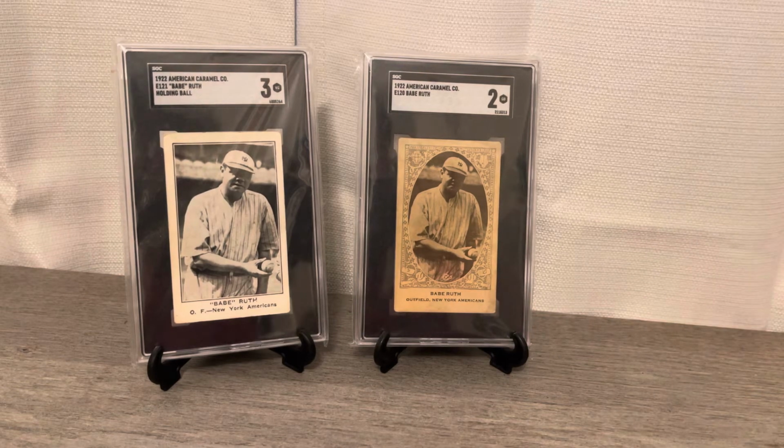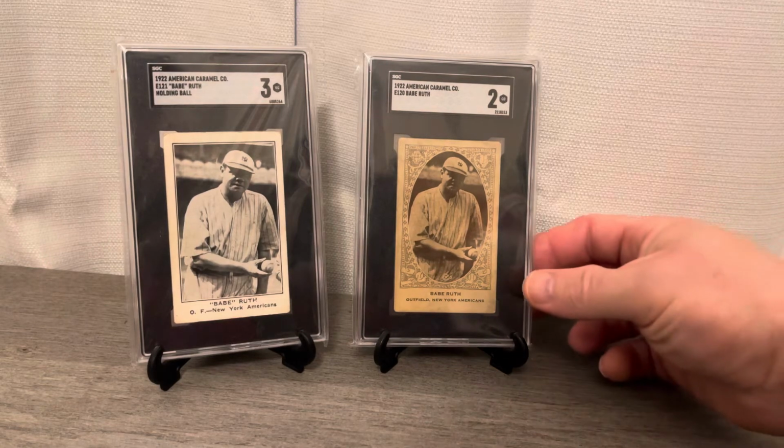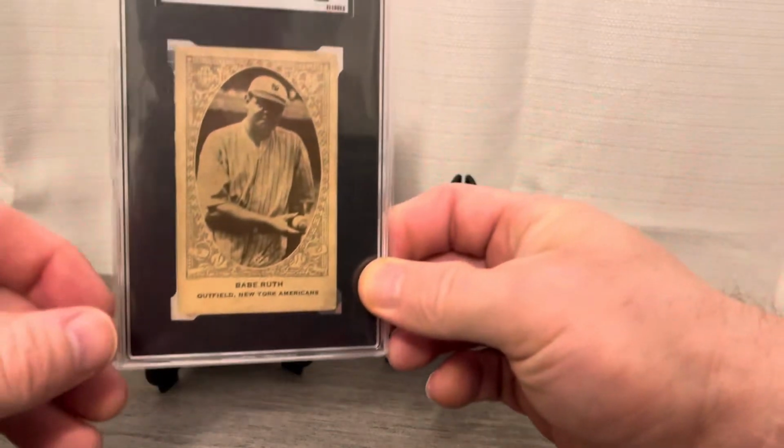The 1922 E120 is a pretty tough card. Both of these are relatively rare. In all graders, I found that there's less than 100, I believe 84 and 83 known in the big graders. The E120 was a REA win recently for me. I was really excited to have the card. It's just a beautiful image with an ornate type background, as you can see, and a very, very high quality